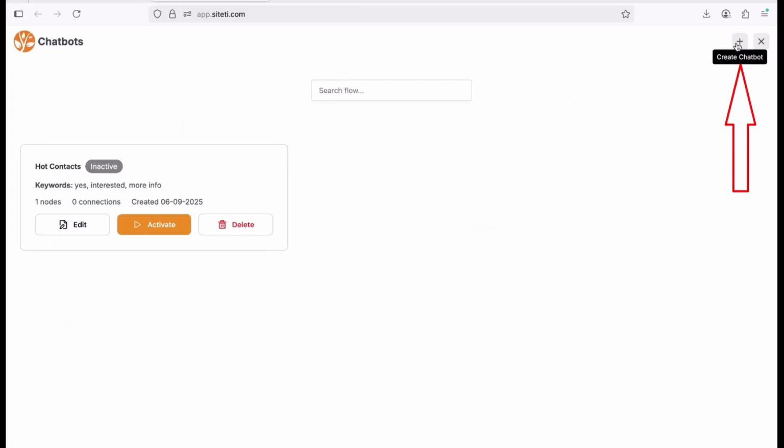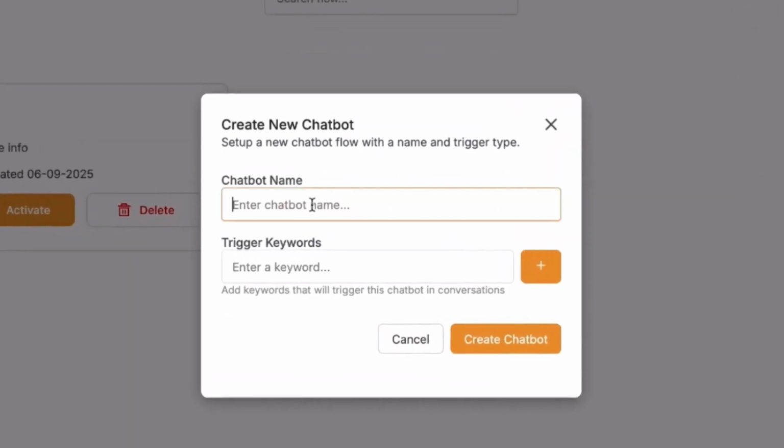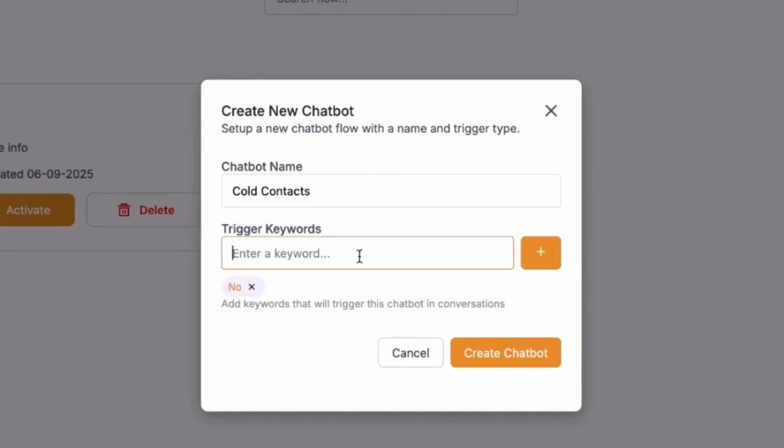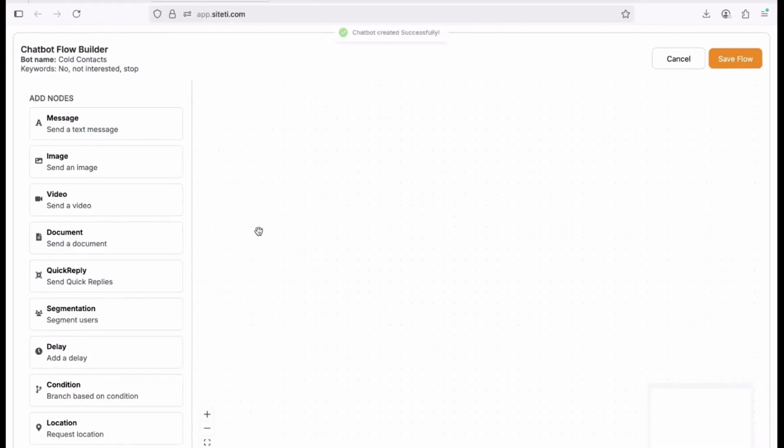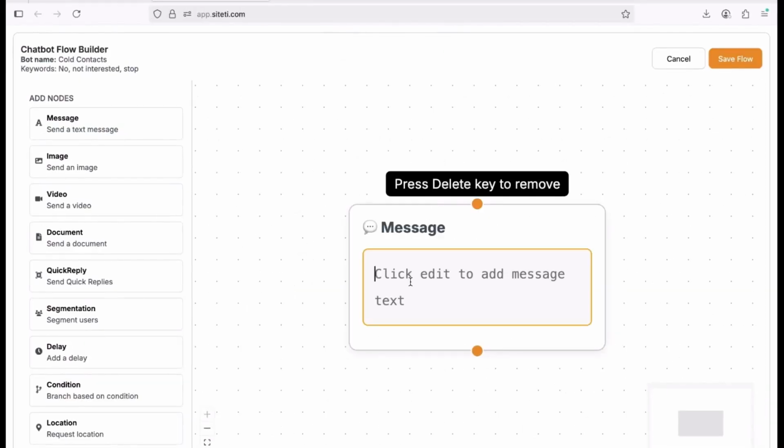I'm going to create another chatbot called cold contacts, and the keywords I'm interested in here will be no, not interested. Let's say these are the keywords we want to look at. If they say no or not interested, or they want you to stop sending broadcast messages to them, we want to do something else. So I'm going to create a chatbot for this. You can either choose to use a very polite way of telling them, hey, my apologies for sending you